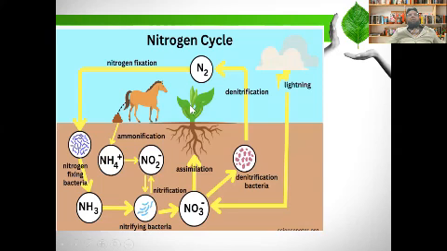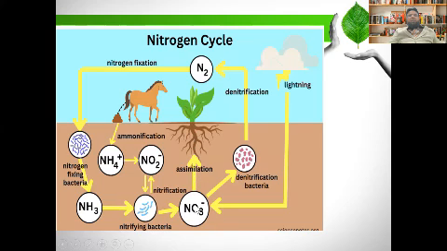Now here you can see there is a nitrogen cycle. You can understand it very well in the diagram. See here, the nitrogen is fixed by some specific bacteria which we call the nitrogen fixing bacteria. Another process, as you can see in the diagram, is lightning. In lightning also, the nitrogen reacts with oxygen, it makes nitrate, and this nitrate is utilized by the